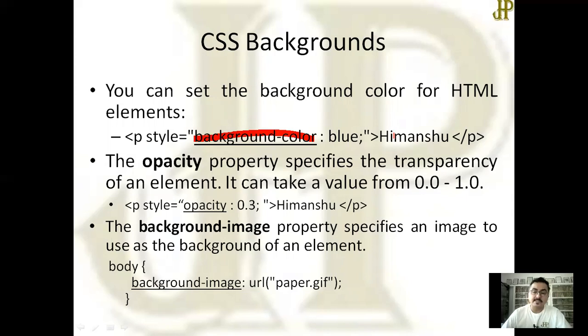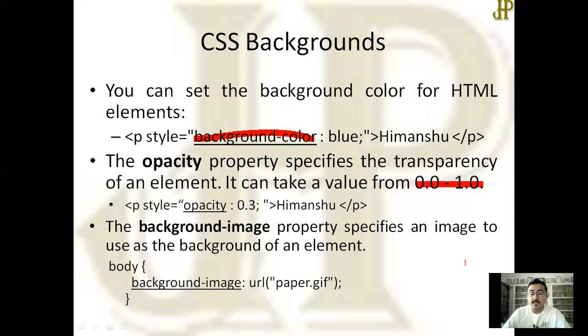Next one is opacity. Opacity means transparency. Here in my PPT, you can see my logo is designed JP, but I have given the opacity to the minimum. That should be from 0 to 1.